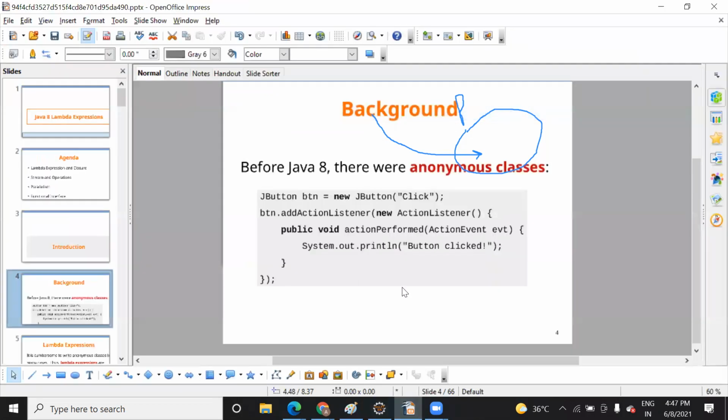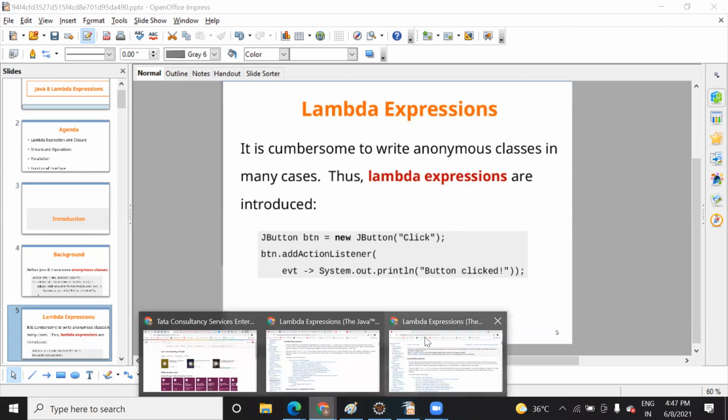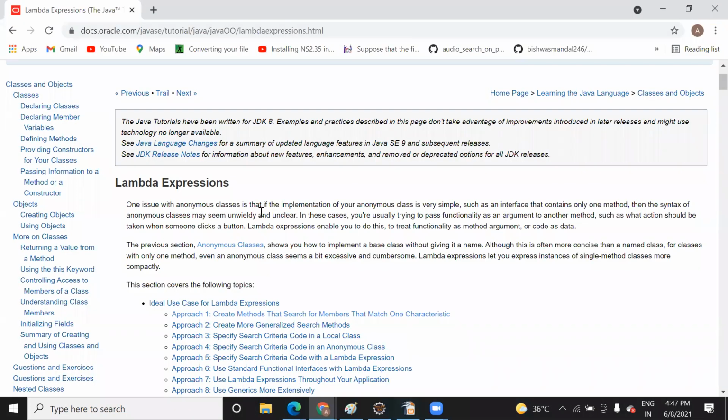So for this anonymous function, there are a lot of expression examples. I am going to show them one by one. Just give a minute. So you can read it from the document itself, about this lambda expression. This lambda expression will reduce your task.